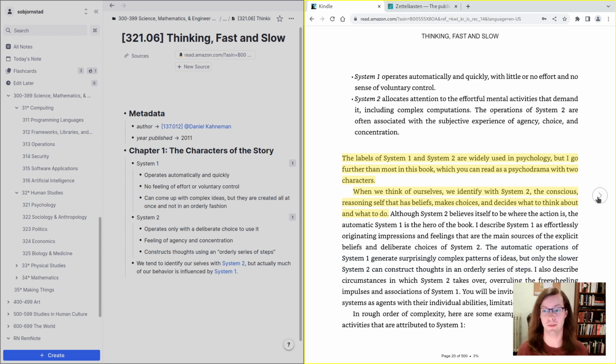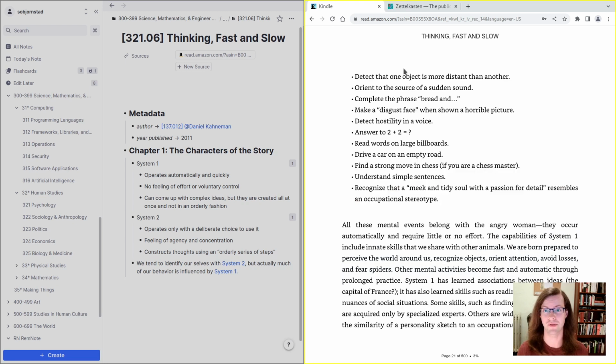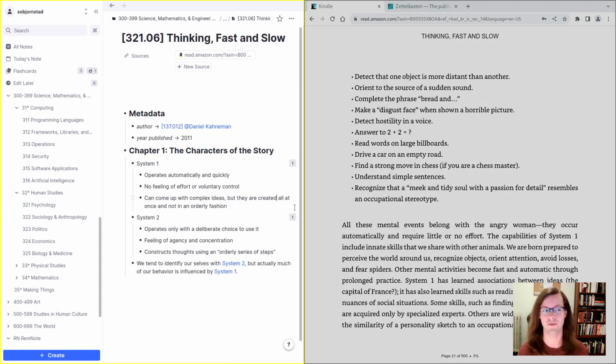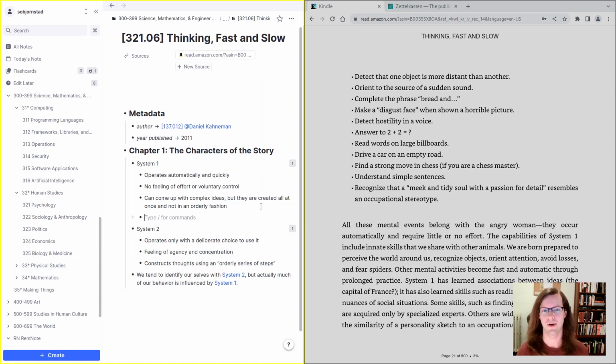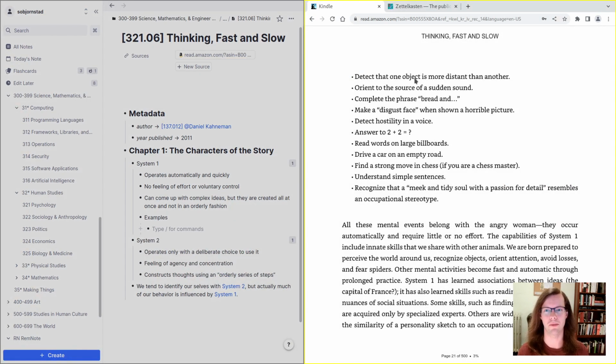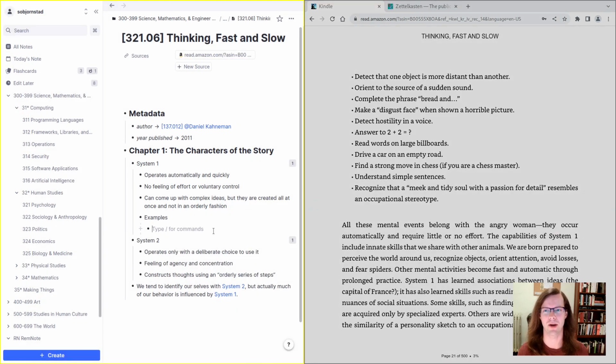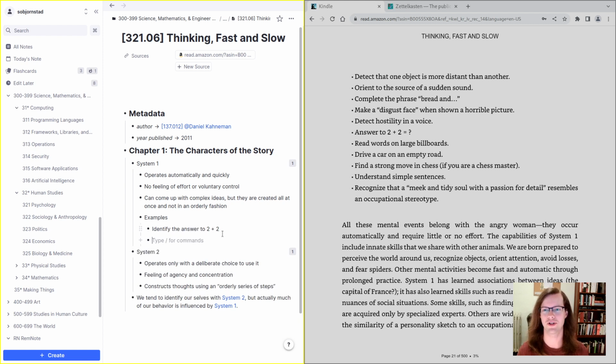Okay, and here are some examples. So this is going to be a great thing in terms of learning some examples and, most importantly, testing that we're able to come up with new examples and correctly categorize things. So this can often be something of a challenge to write good flashcards for, but I have some ideas for us. So let's say examples, and I'm just going to pick out a couple of examples. Since I can't copy and paste these and I'm going to retype the entire thing, I'm just going to pick a couple, much like I would with a paper book, to figure out which ones are the most important. So let's say identify the answer to 2 plus 2,